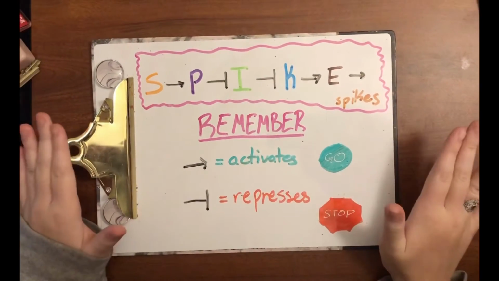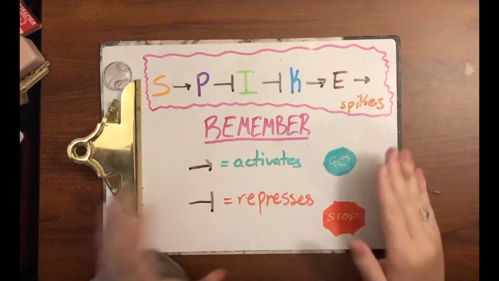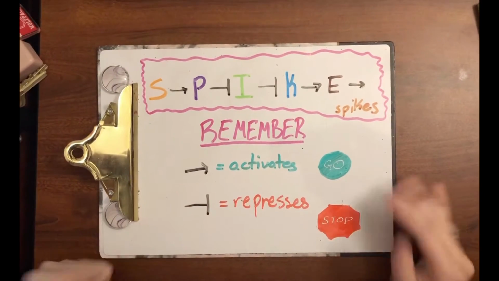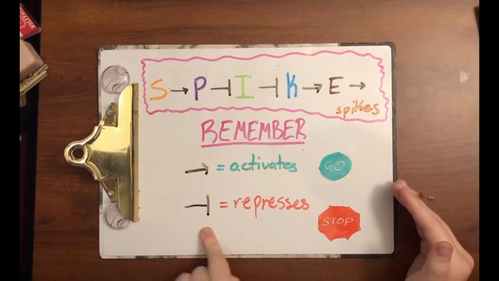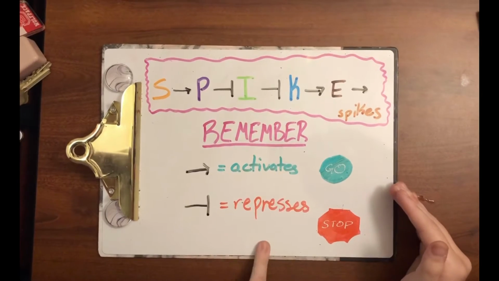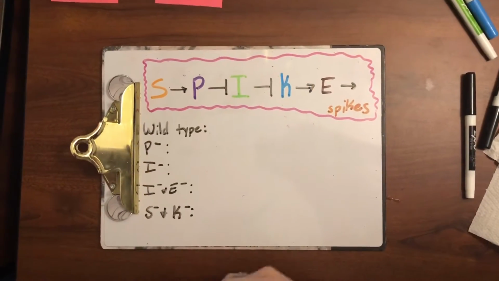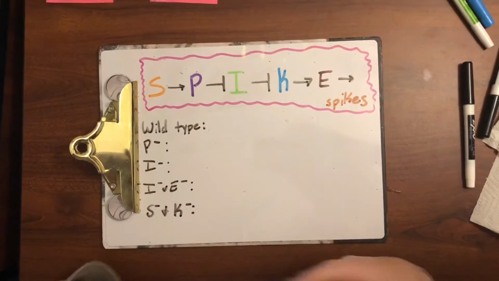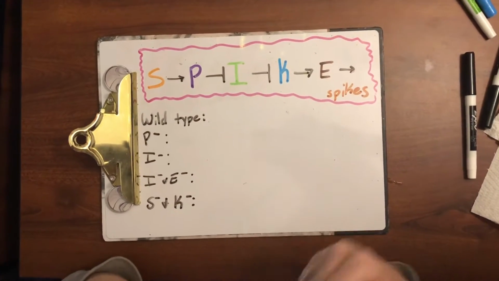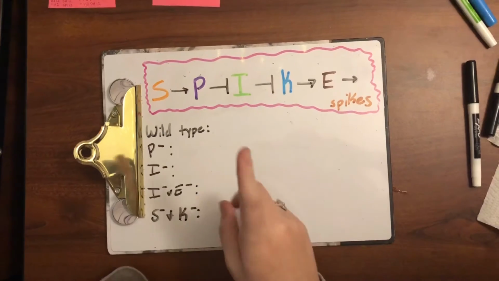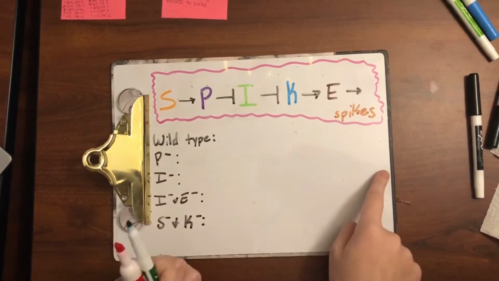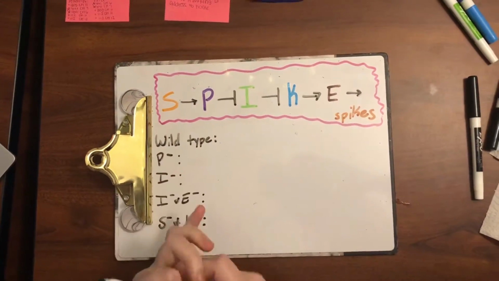Now before we start, the arrow represents that the gene is being activated and that it will be produced. The T-bar represents that the gene will be repressed and it will not be produced. Now, since Charlie doesn't know too much more about genetics, we're gonna analyze some cells that he gave us and see if they align with the phenotypes. So we're gonna start with the wild type first, meaning that there are no mutations in the network. So let's start with S.